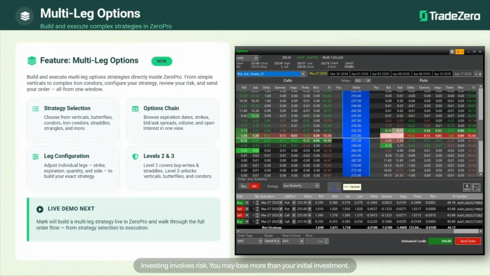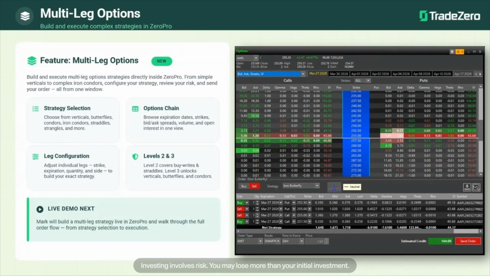leg. Let's talk multi-legs. If you would like to trade multiple legs within one spread, within one order at the same time, ZeroPro now allows you to trade multi-leg options if you are approved for level 3 options trading. Again, Dan will show us how to get approved for level 3 right at the end of this presentation. But just to cover some key functionality within multi-leg options of ZeroPro, here's the options chain